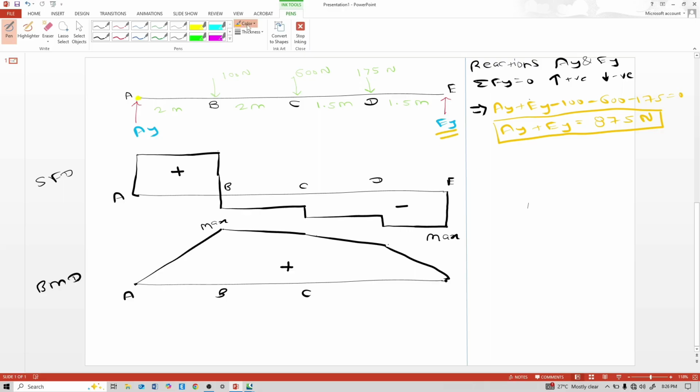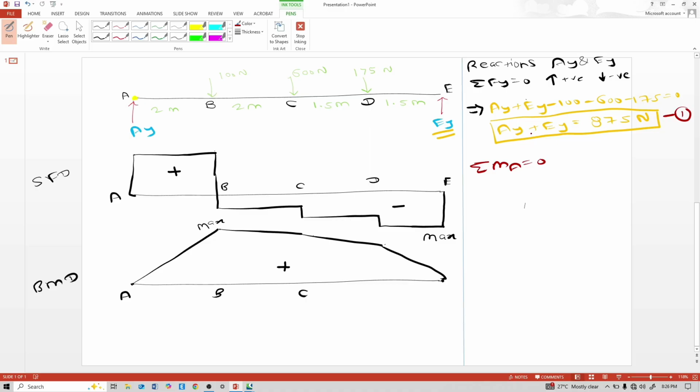Now summation of moment at A. Why do I take this summation of moment at A? Because my objective is to find this EY, and this EY I put in this equation 1, then I get AY. Here I consider clockwise as positive and anti-clockwise as negative. So for that point A, this EY is anti-clockwise, that means negative, that means minus EY into